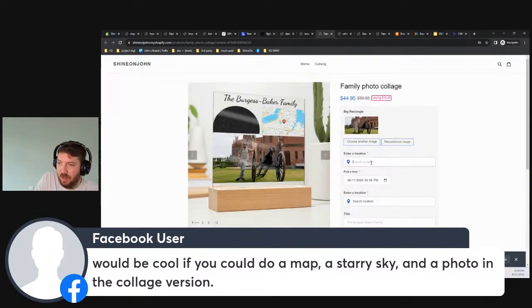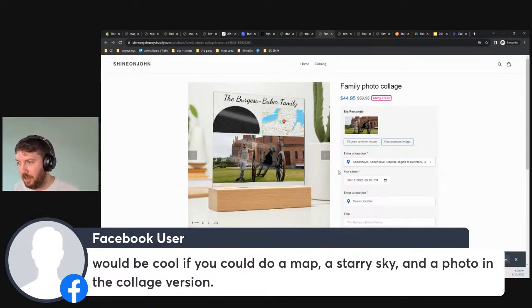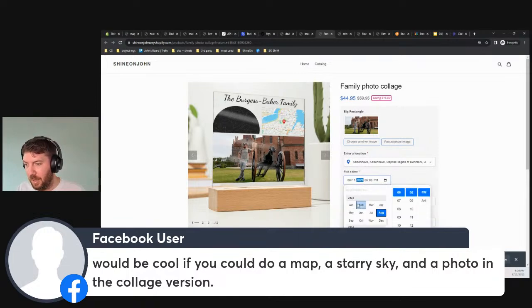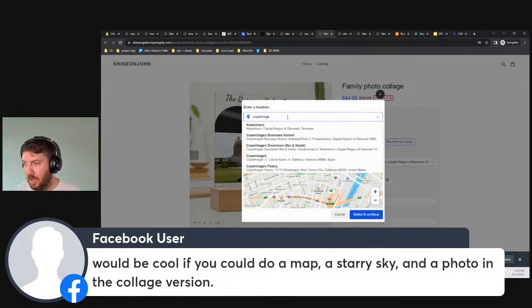Put it in here. I'm not going to remember the name, so we're just going to write, it was outside of Copenhagen, right? So our star map is up there. And let's see, this was 2022, September, let's go 14th. This was probably around 4:09 p.m. And then the location was Copenhagen,